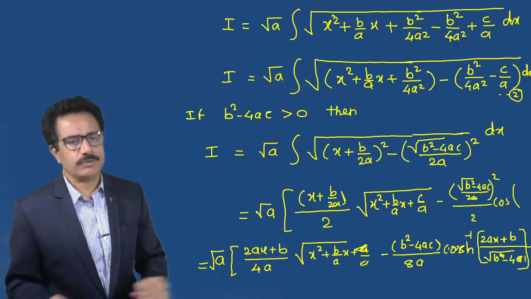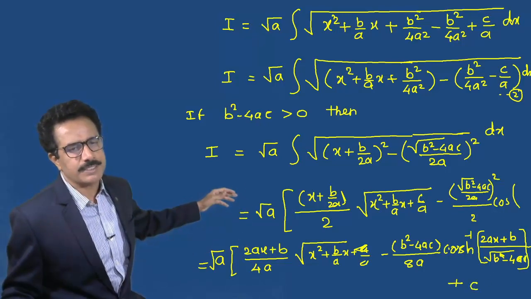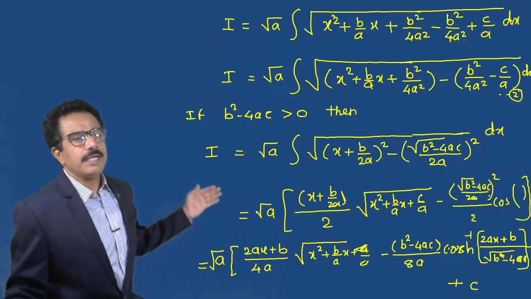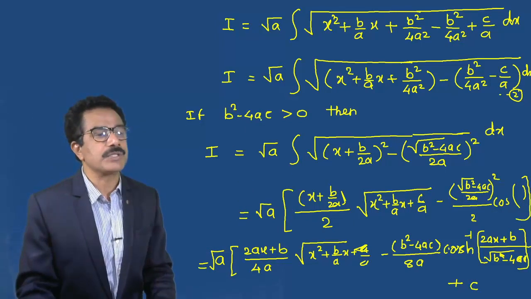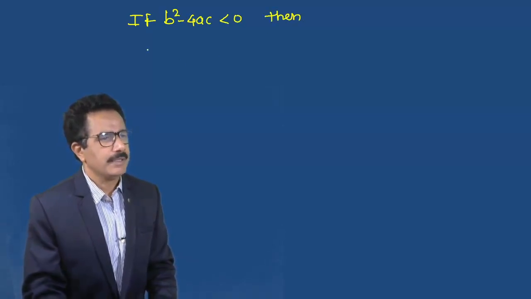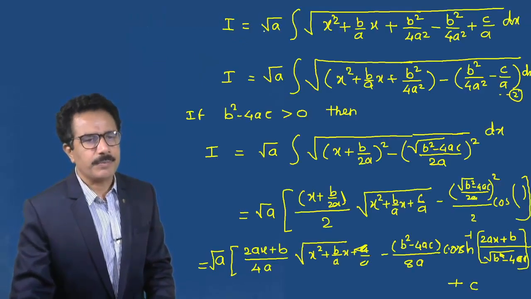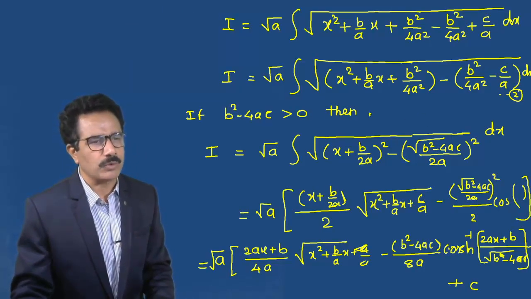Check that properly. b square minus 4ac plus constant of integration c, it will be the value. Now if b square minus 4ac is less than 0, I shall write here b square minus 4ac is less than 0, then we have to write I is equals to root a integration of, then suppose this is equation 2, from 2,